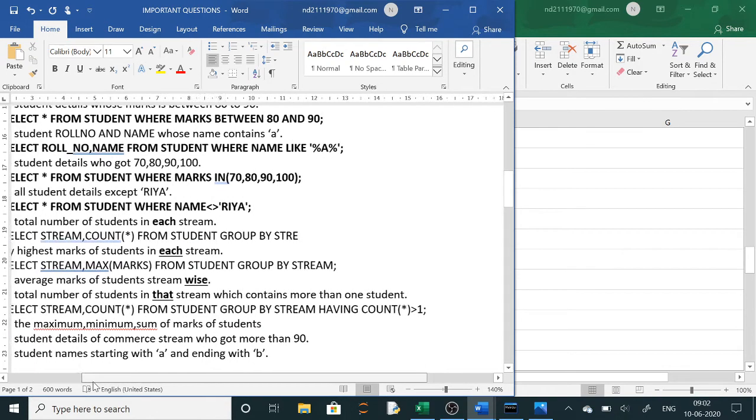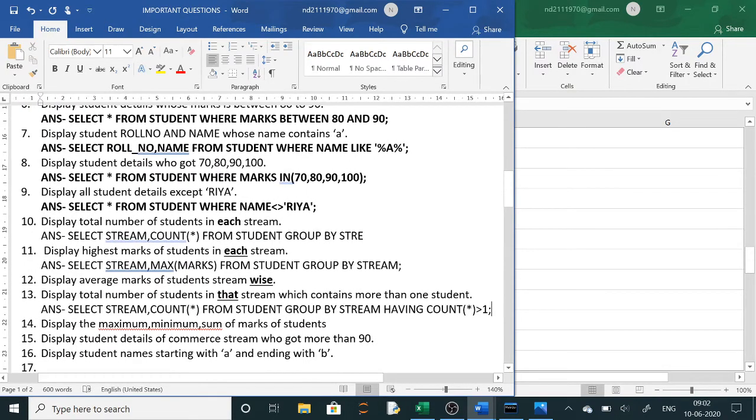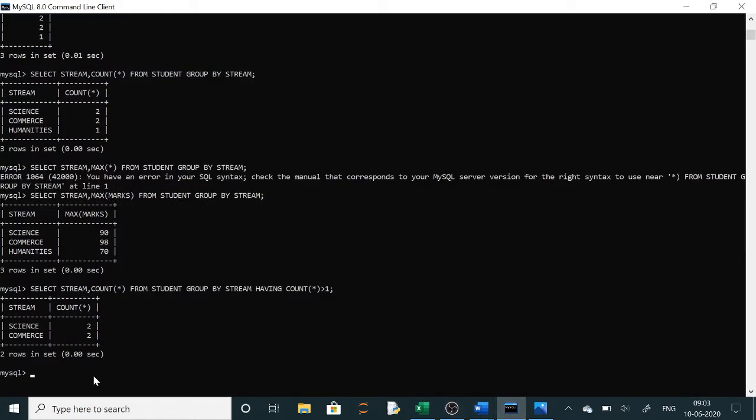Now the next question is maximum. Here, of all students means we will not use group by; we only have to use max marks, min marks and sum marks. So we will write select max in bracket marks, comma, min in bracket marks, and finally sum in bracket marks.